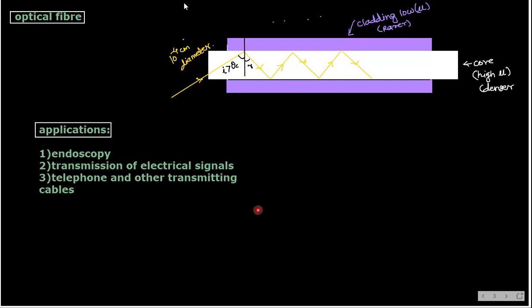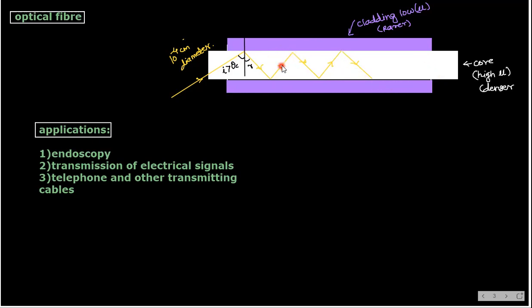Okay. So see, the next topic is optical fiber. We have learned critical angle and total internal reflection. This optical fiber data transmission is working on that principle only. When the optical signal is incident at an angle greater than the critical angle, it will reflect into the same medium and it will transmit faster.